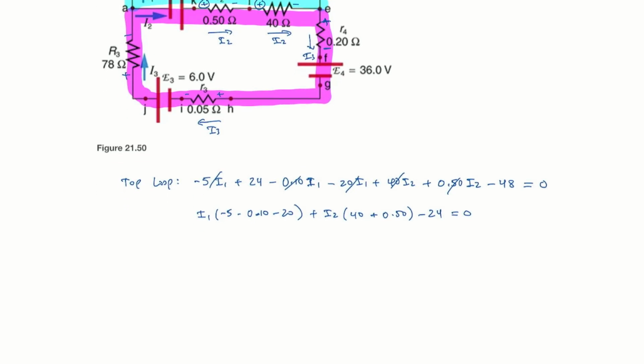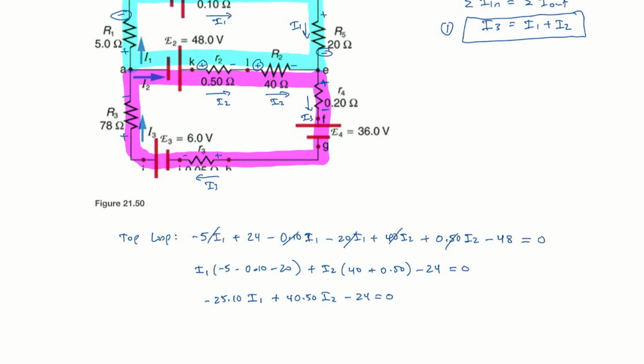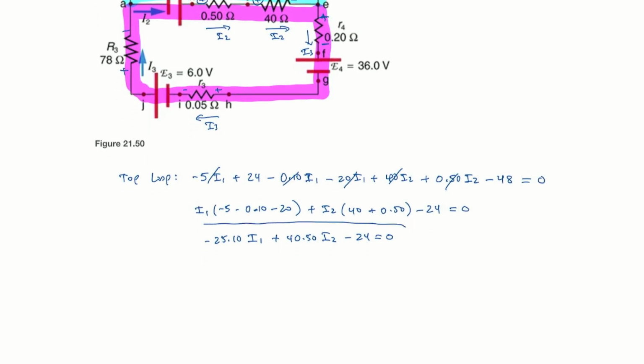And so if we add minus 20, minus 0.1, and minus 5, that gives us minus 25.10 times I1. Then 40 plus a half, we'll have 40.50 times I2. And then minus 24 equals 0. So that's another equation. We'll call the one from the junction rule number 1. The one from the loop rule for the top loop, we'll call that equation 2. And now we'll do